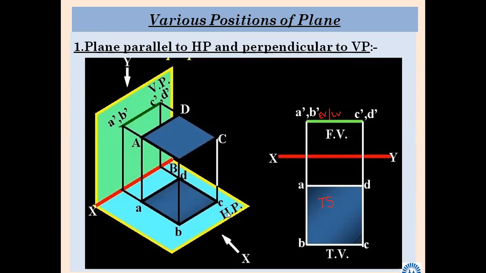Okay, just imagine you have opened the notebook and kept it on the bench. Once you see it from the front, you will observe the edge view of that page. If you imagine observing that page from the top, you will observe the true shape of that page. So this will be the simple example. A notebook page, open or closed, kept on the bench or table, will be the example of this.